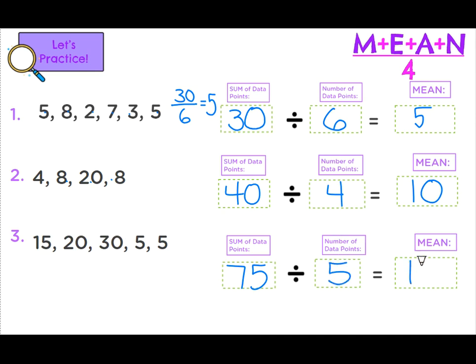So that's what we will divide by, and that gives us